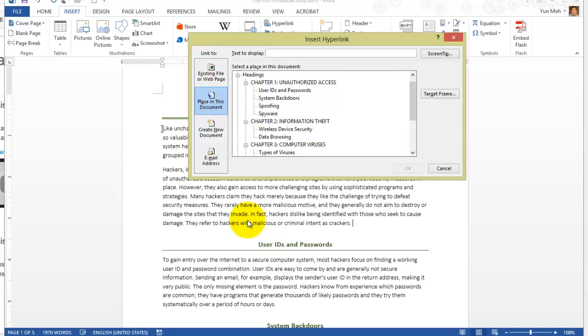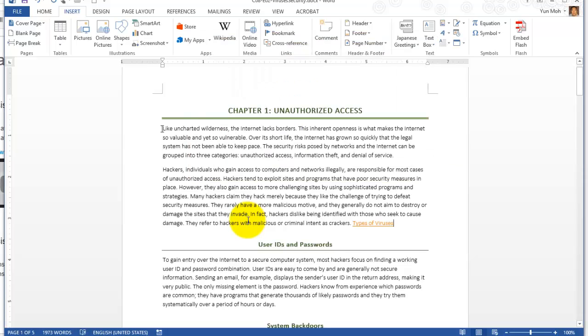link to types of viruses heading in the selected place in this document. So types of virus, oh, here it is, types of viruses. That's under chapter 3. Chapter 3, computer viruses, that's a heading 1, and types of viruses is, I think, heading 2. Okay, so let's go ahead and click on OK. And this time you can just click on OK, and then it just picks up the heading of the targeted